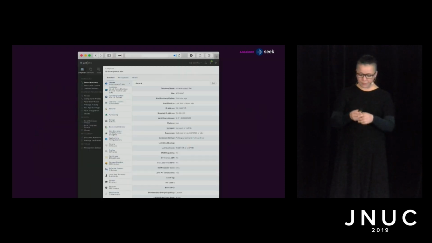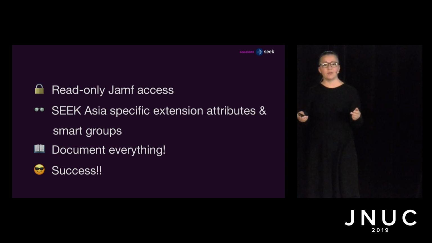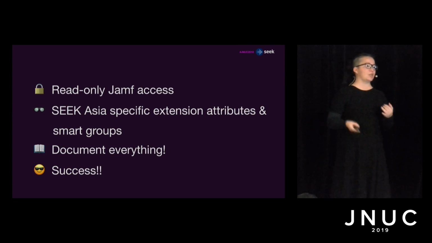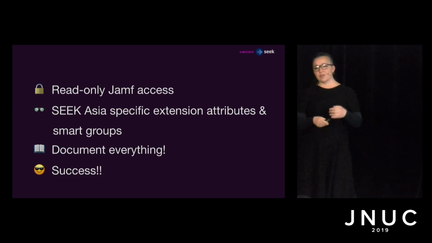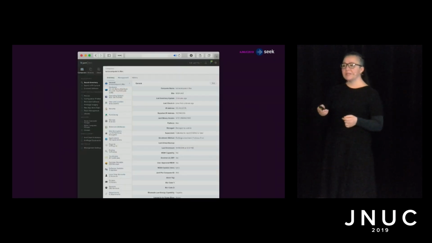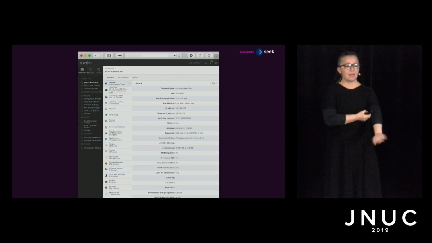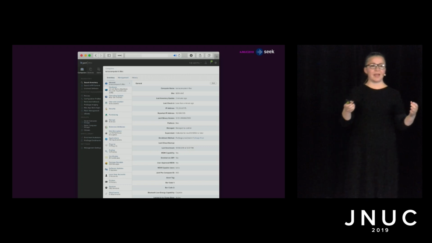So I thought, great, it's going to be easy. I'm going to give them read-only access to the Jamf Pro Console. I'm going to create some Seek Asia specific extension attributes, smart groups. I'm going to document the hell out of everything, and it's going to be a raging success. But this optimism was short-lived as soon as I logged into the Jamf Pro Console. And then I realised that my task was going to be having to